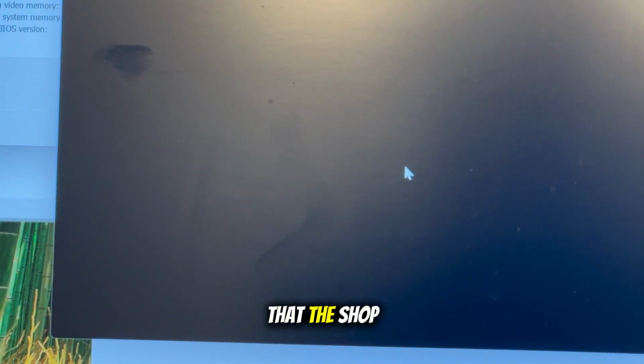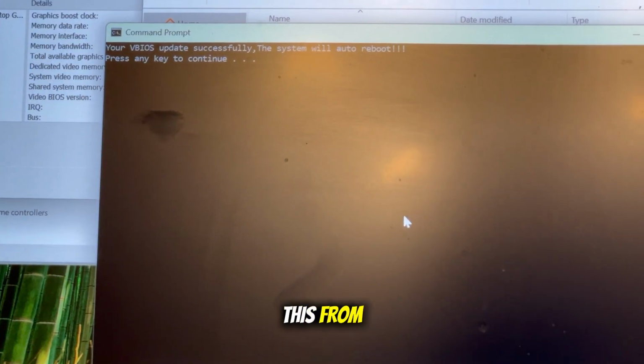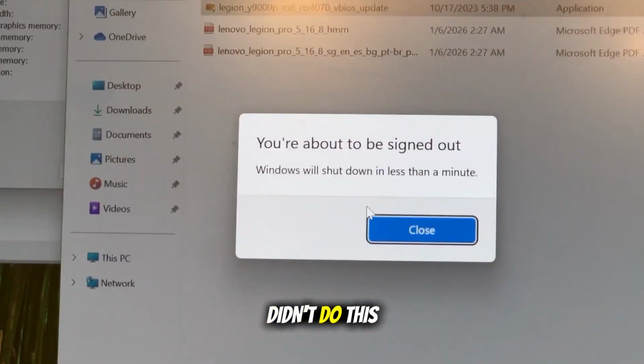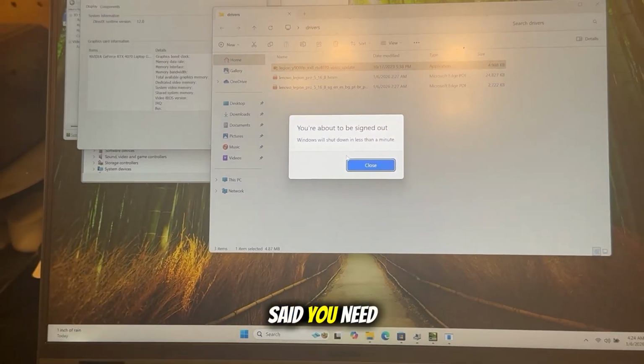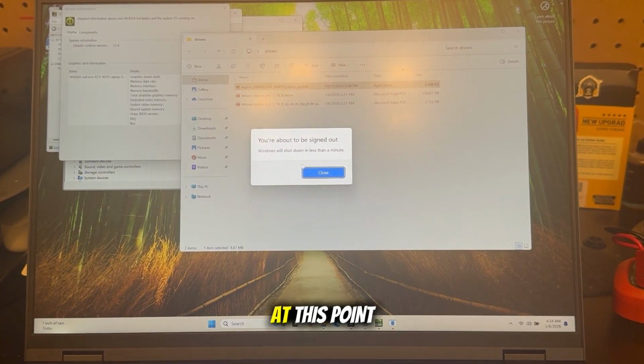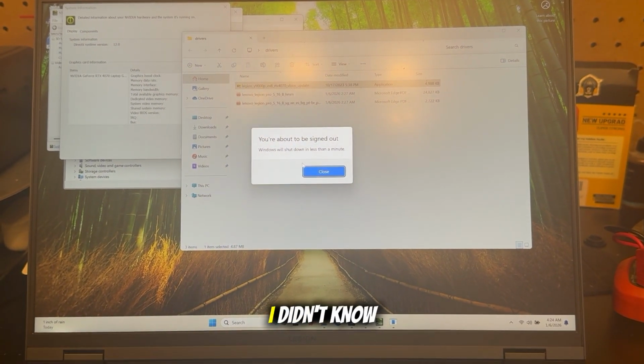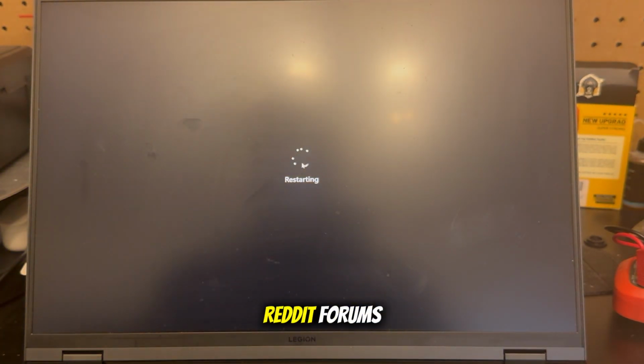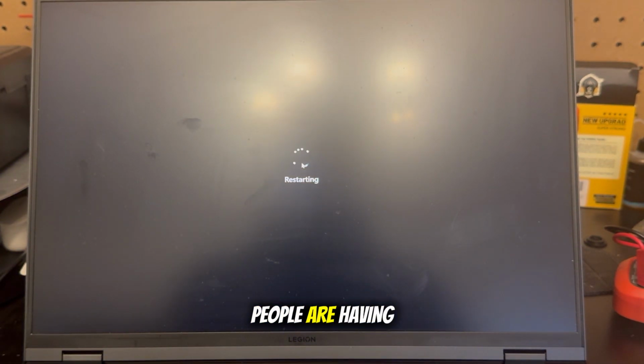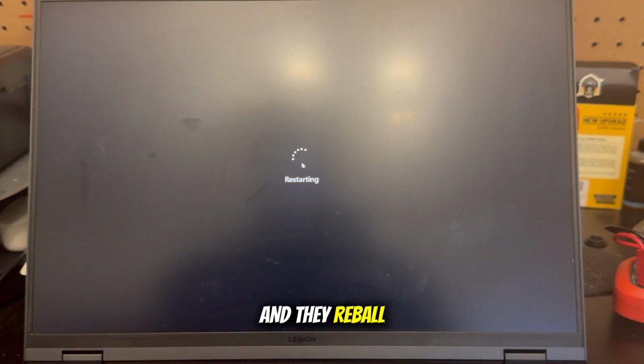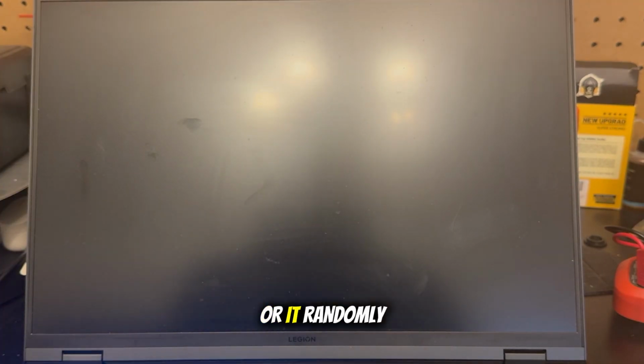And I'm surprised that the guy that I bought this from took it to a shop that didn't do this, because they just went out and said you need a new motherboard. At this point in my testing, I didn't know whether that was true or not. Looking online on Reddit forums, there's two issues people are having. The machine either doesn't boot at all and they reball the CPU and it works,